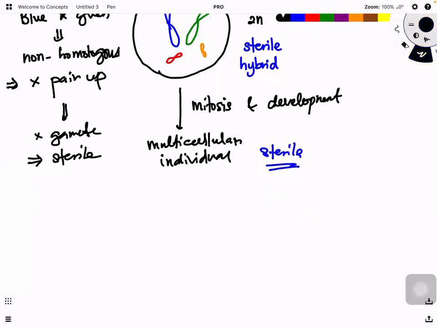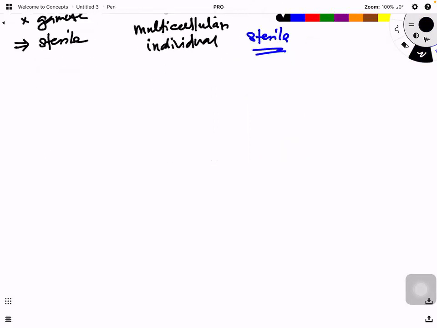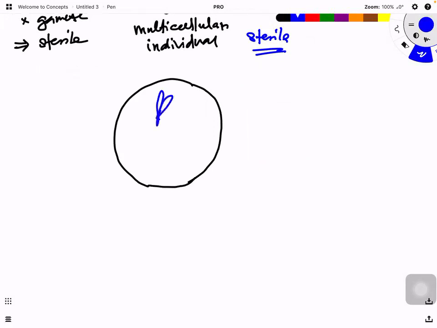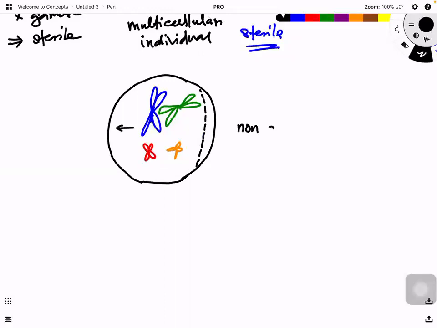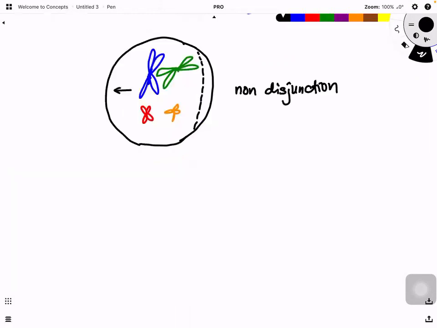if a non-disjunction mutation takes place. Now look at this individual. Imagine blue chromosome, red chromosome, green chromosome. They cannot pair up, and I purposely drew it so they are not pairing up. They can't pair up. But a non-disjunction mutation takes place and moves all chromosomes to one side. If in case non-disjunction mutation takes place,